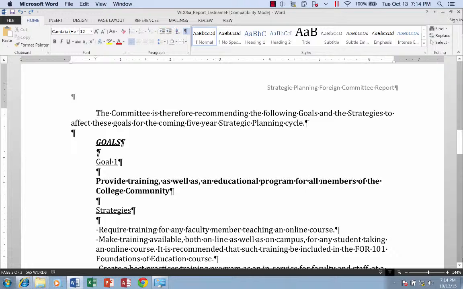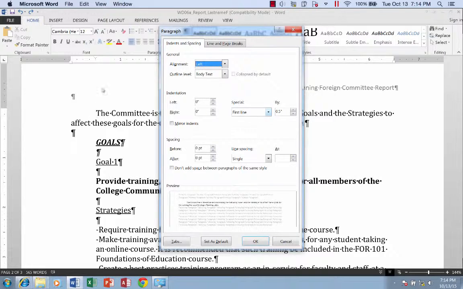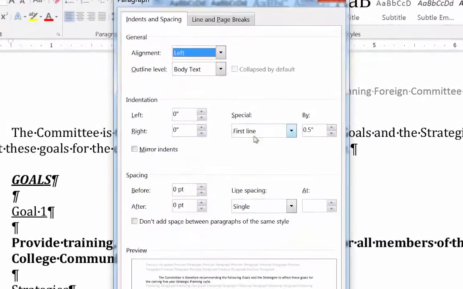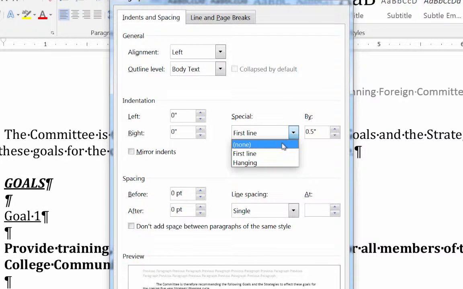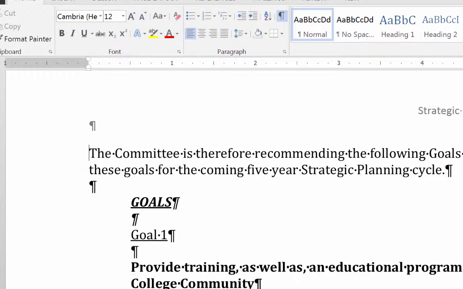It's not a book, it's not a novel. Again, we don't need the first line indent. We're going to go to our paragraph settings. We could have just used the arrow up here, but we're going to go to our paragraph settings and just remove the first line indent by hitting none. I'll hit OK. And then we'll go down to the next line where it has this goals in all caps,